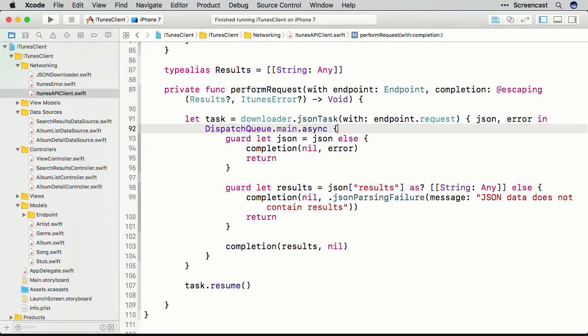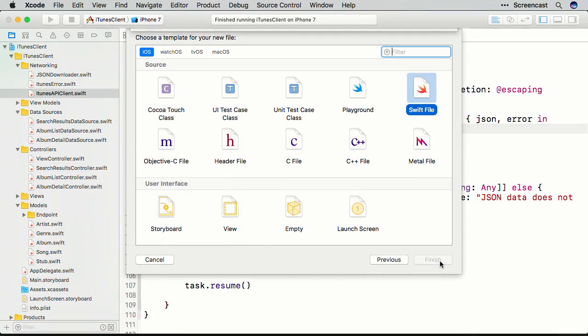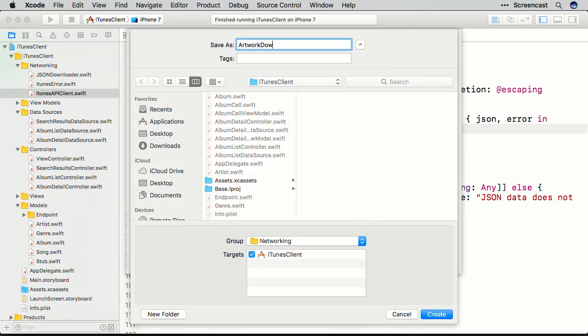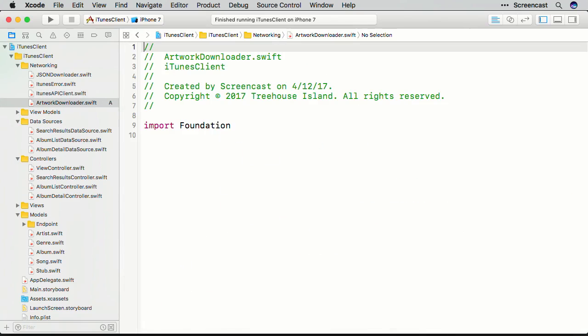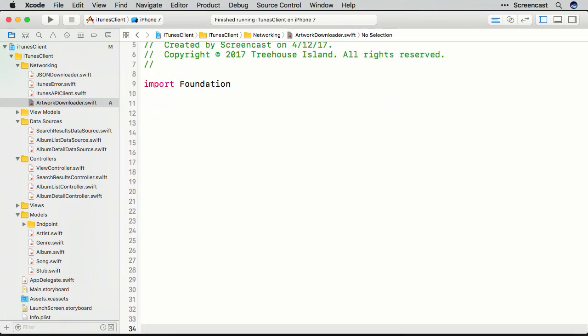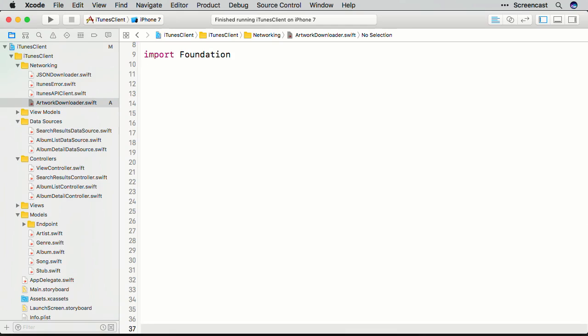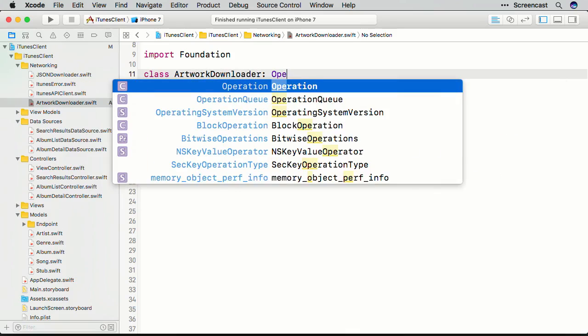Let's add a new Swift file to our project, and we'll add it to the networking group. We'll name this Artwork Downloader. In here, we're going to subclass the operation class to create a unit of work that we can dispatch onto a background queue. So we'll call this class Artwork Downloader, and this is going to be a subclass of the